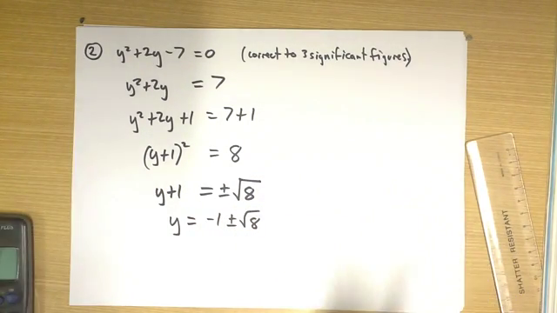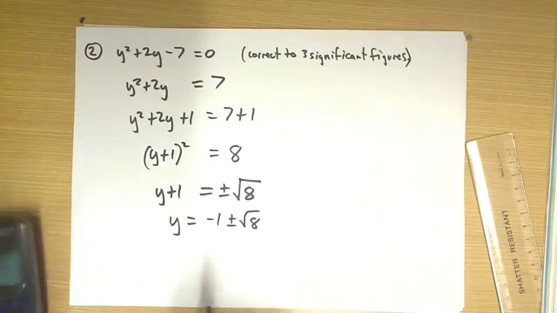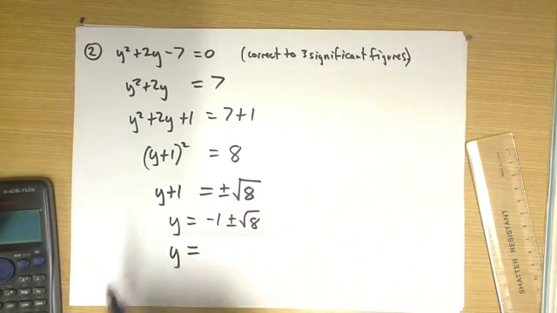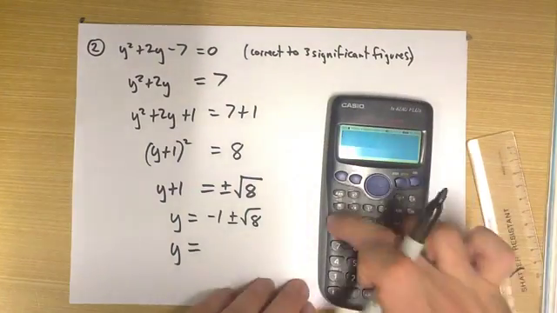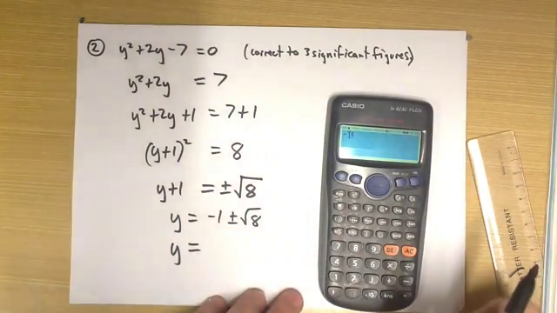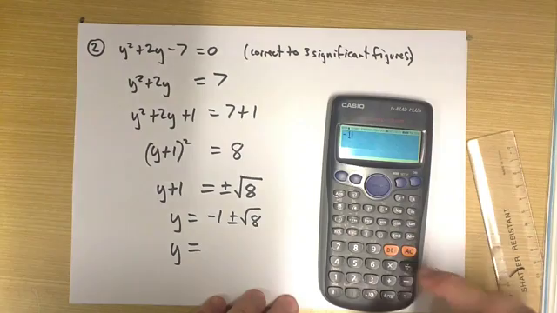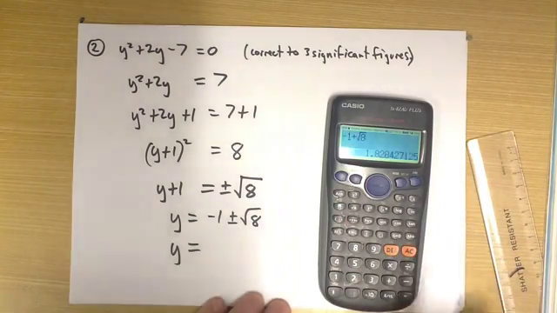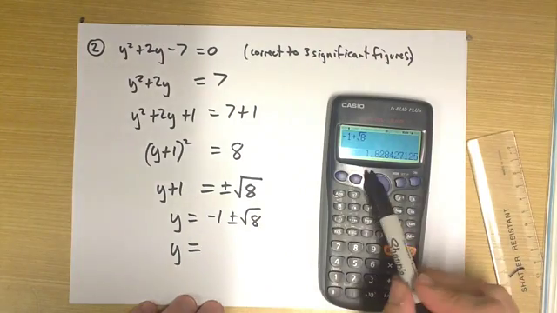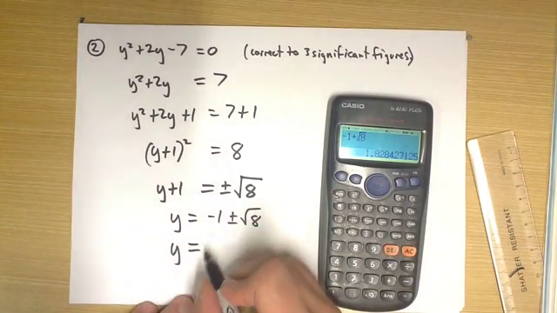Now, correct to 3 significant figures. Now there's 2 solutions here, so here we go. So y equals, now I've got minus, now just make sure when you're doing this you use the right minus sign. Minus 1 plus root 8 equals, now, three significant figures, 1.83,